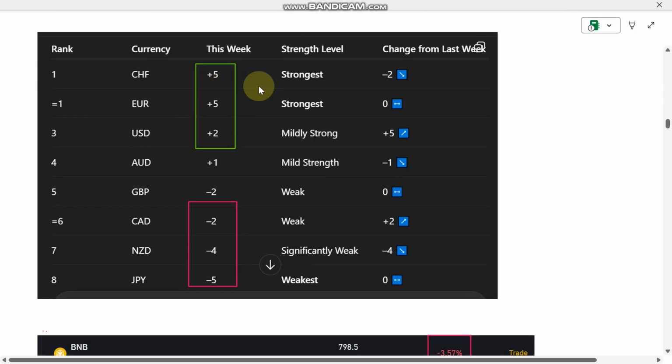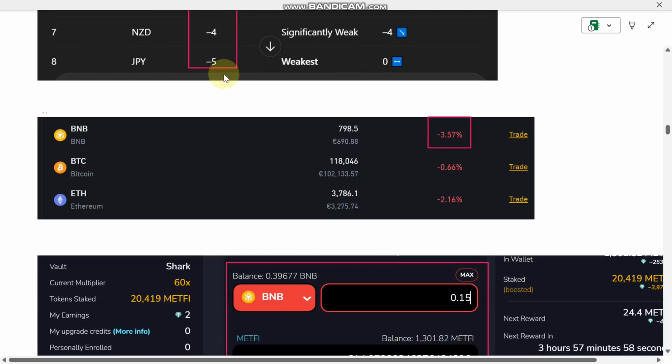The currency strength, Swiss franc, euro, in US, top is Swiss franc and euro. The weakest, New Zealand and JPY on this day. Get back to stalking on Bitcoin, drop minus 3.5% on BNB, and Bitcoin dropped so